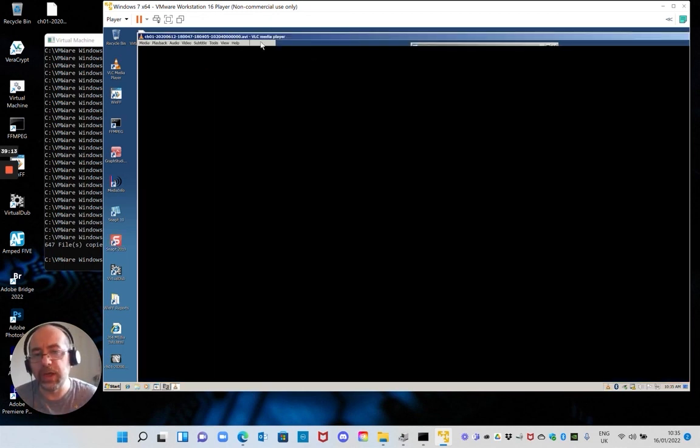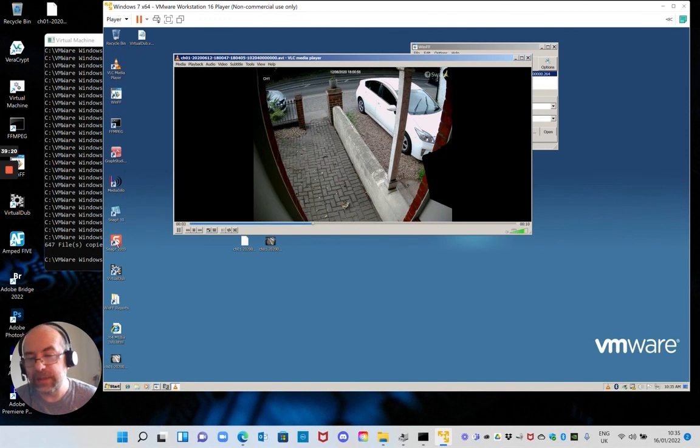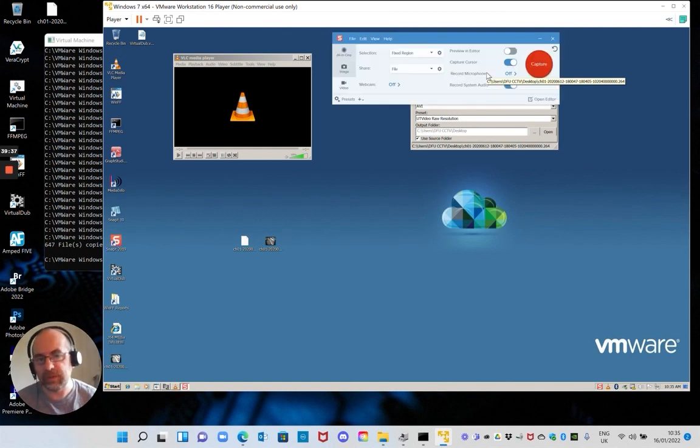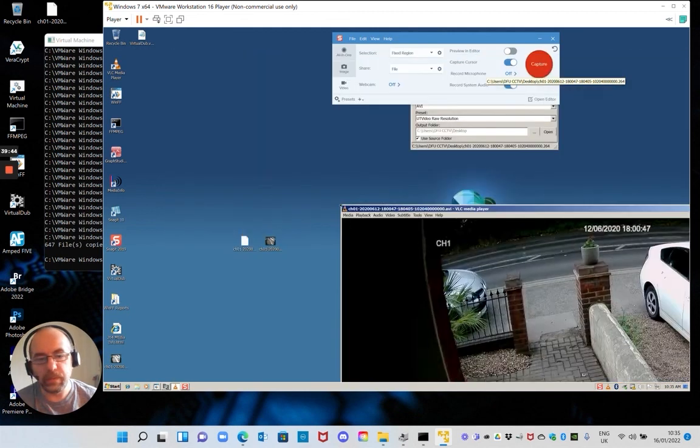So for that, I use a tool called Snagit. It's made by a company called TechSmith. It's very inexpensive, and again, there are a few out there, and you can go with whatever you like. The way it works, it basically captures the output of your desktop or a region of the desktop, and you can tell the tool what region that is. So, for example, if I was to capture this little bit of footage here